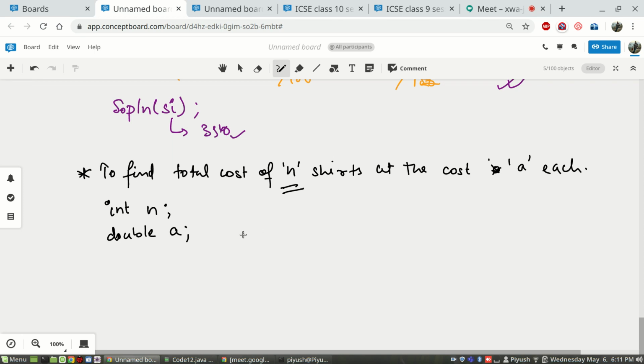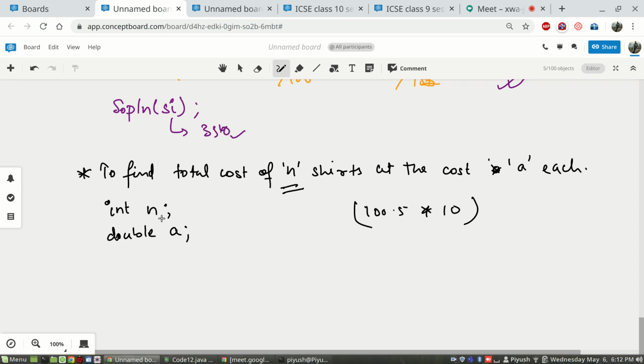Now tell me, if one value is double, let's say 100.5, and one value is int, what do you think will be the result? Will it not be in decimal again? Because a is a double value and n is an integer, their product, an integer number times a number with a decimal point, will it not again be a number with a decimal point?